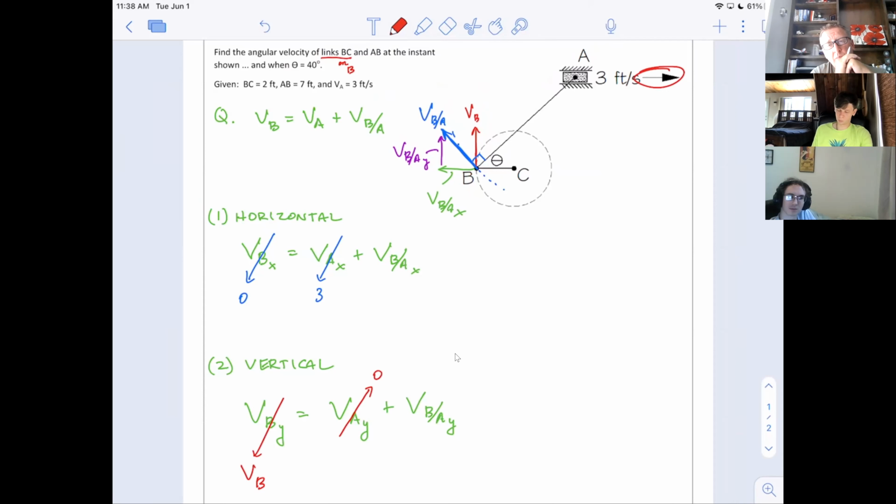And I don't know. Basically, I don't know anything else. I don't know the velocity of B with respect to A in the X direction. I don't know it in the Y direction, and I don't know the velocity of B. But these are my two equations. And of course, what you should say now is, hey, I do know, thanks to that first horizontal equation, in